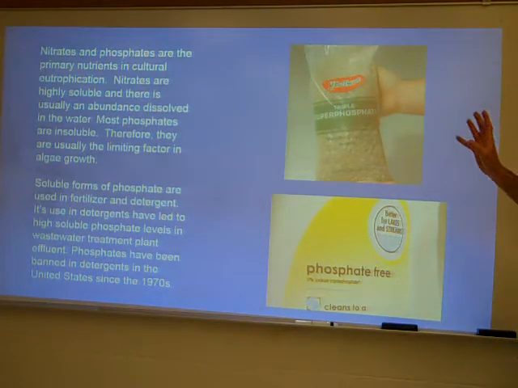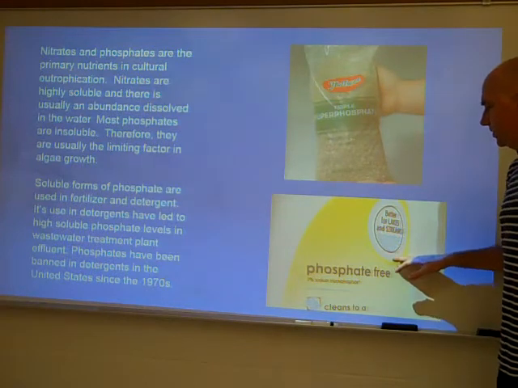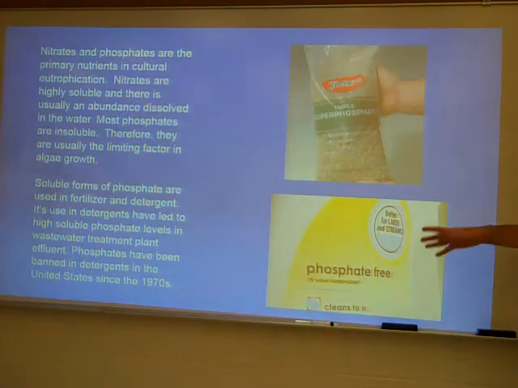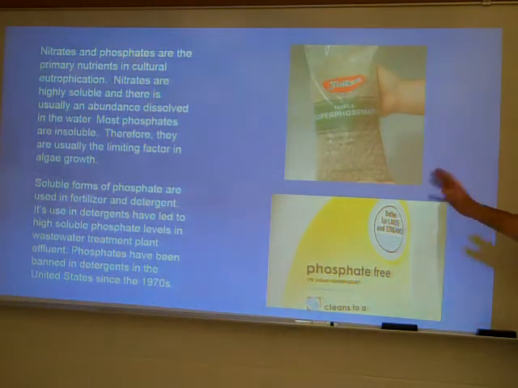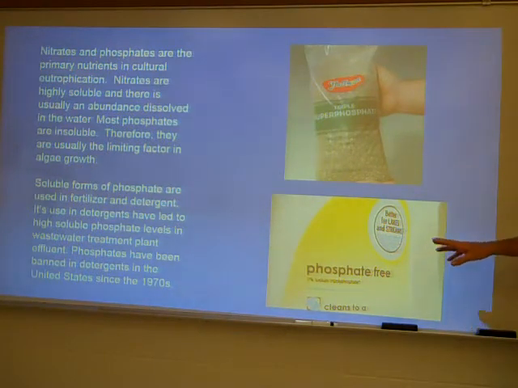So what happens, of course, is we still put it on fields, because plants have got to have phosphorus. We don't have a substitute for that. But with detergents, they removed it in the United States in the 1970s. They passed legislation to remove it because what was happening was that the phosphates in the detergents would end up as phosphates coming out of your secondary wastewater